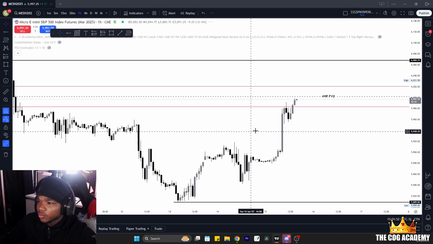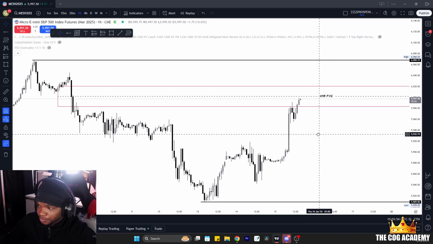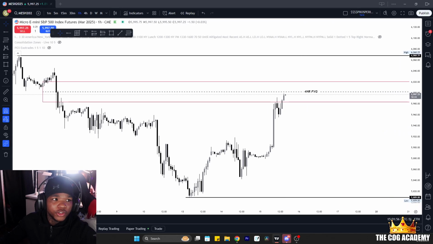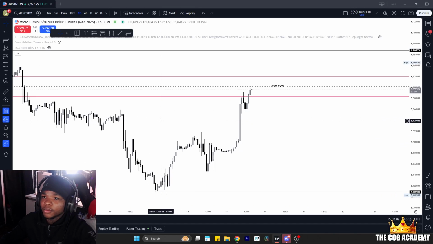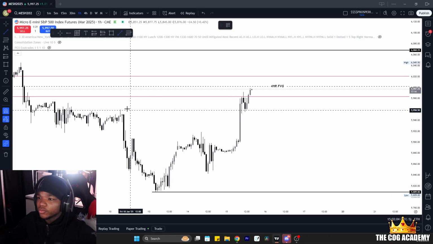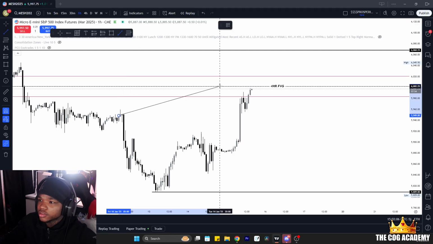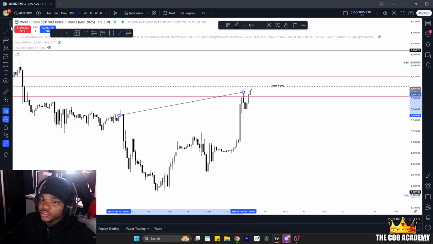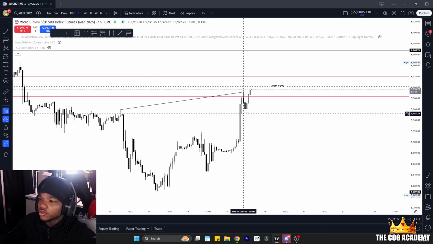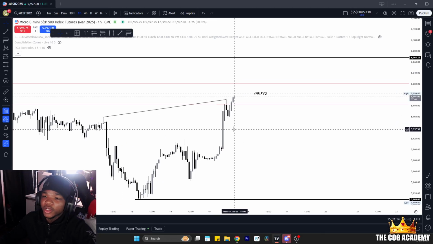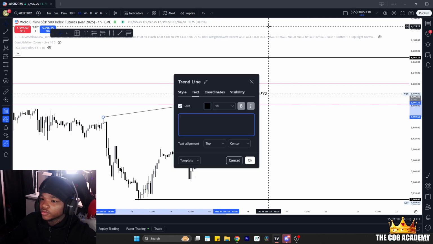So then I scaled down to the 1 hour, and I want to show y'all this on this time frame as well because I did the same thing. I say, oh wow, I believe this is it right here. We got an S&T divergence going to the downside. And right when I mark the S&T divergence off, we start going to the downside, which is where I'm like, okay, this is where my retest is coming from because this is an S&T divergence right here.